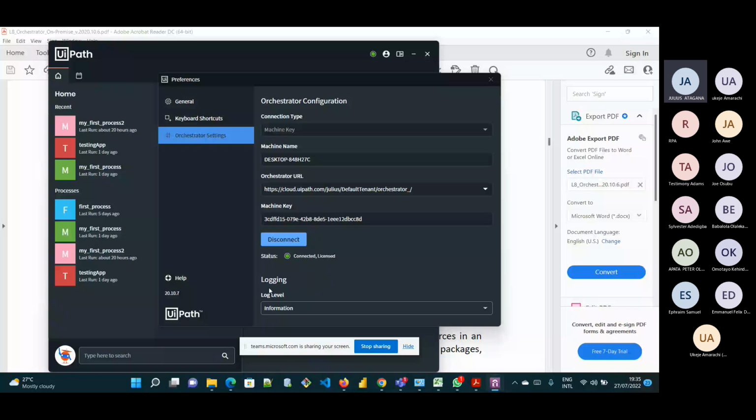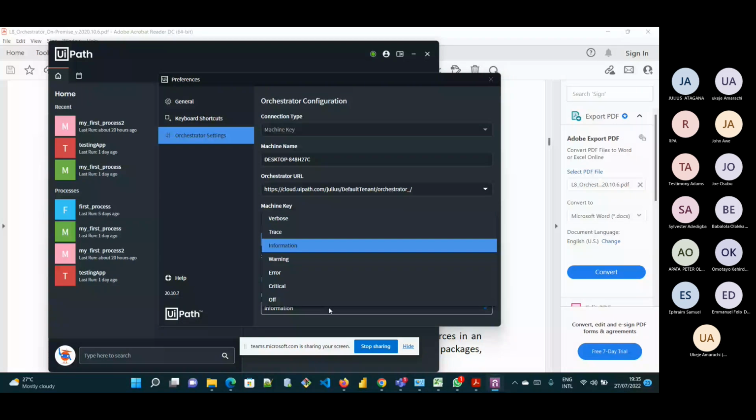Hello, can you see my screen? These logging levels are of different layers, and these layers are what we should look at. It's likely to come out in your exams, and the layers start from critical up to verbose.